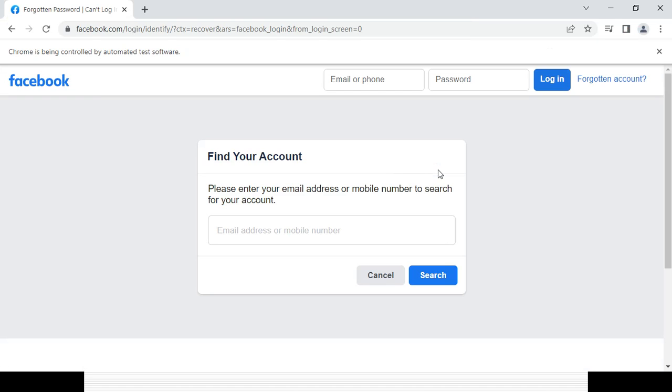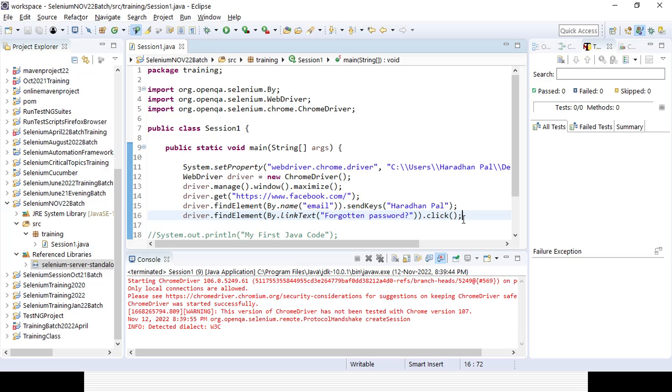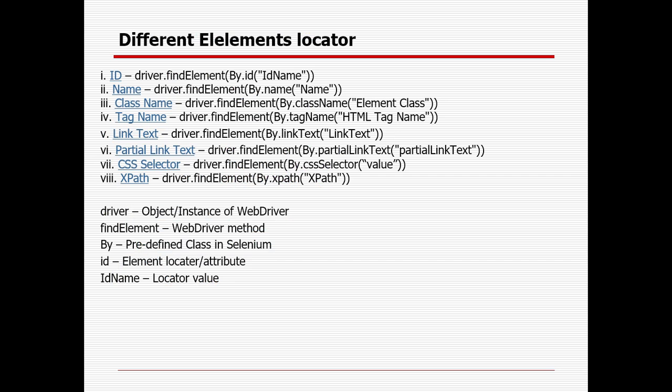So that is the way you can code it. The next thing, this is the part I already know. But in case nothing is there specially, or this thing is there but it's not working. Sometimes ID, name, class name might be there but might not work. You might face that problem. I will show you tomorrow. Name is there, ID is there, but it is still not working. You will not be able to identify the element. Then you can go with the CSS selector or the XPath.